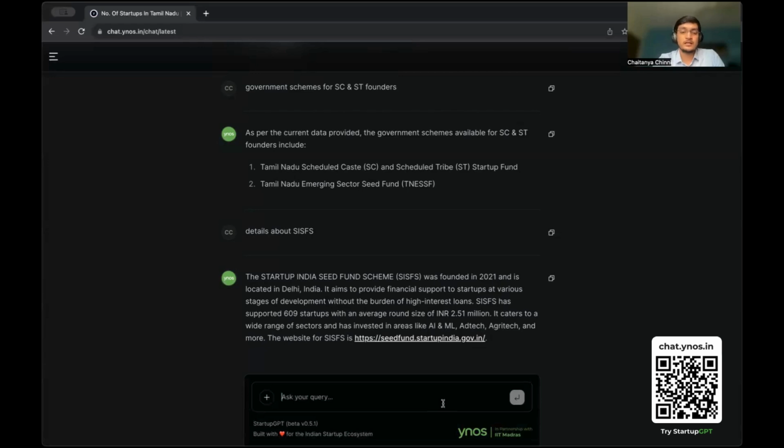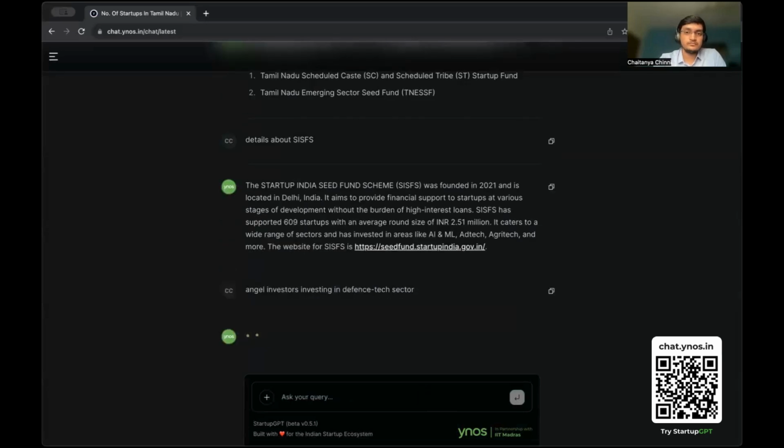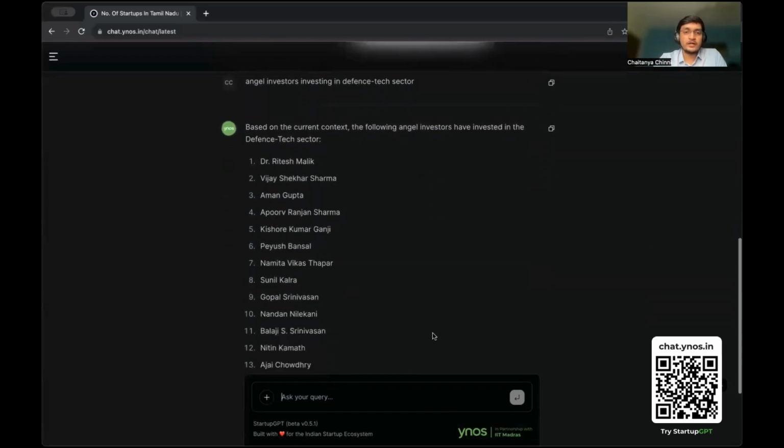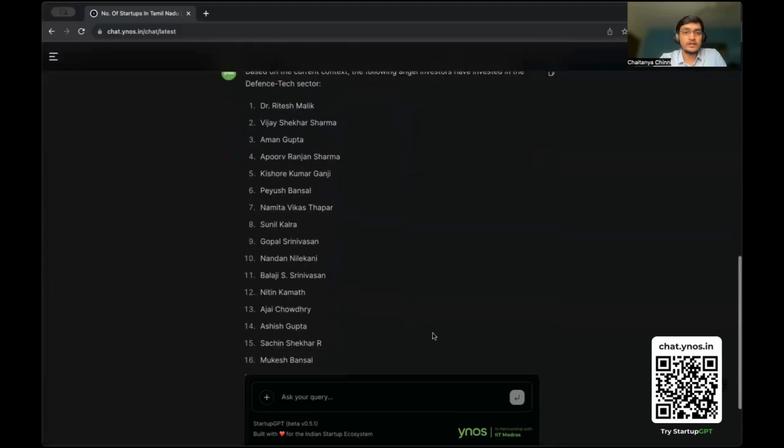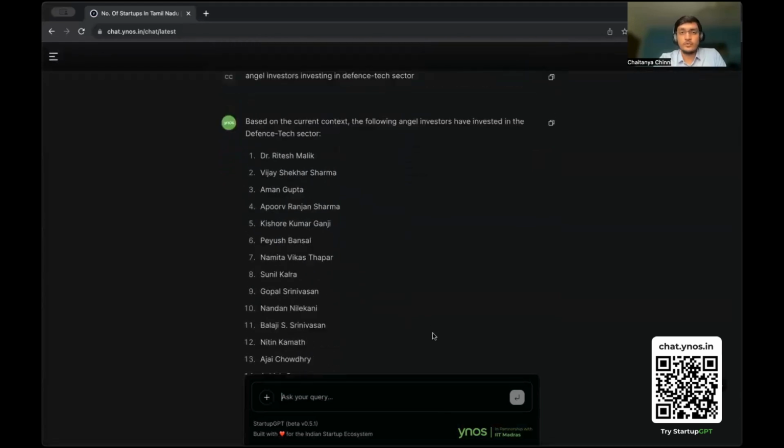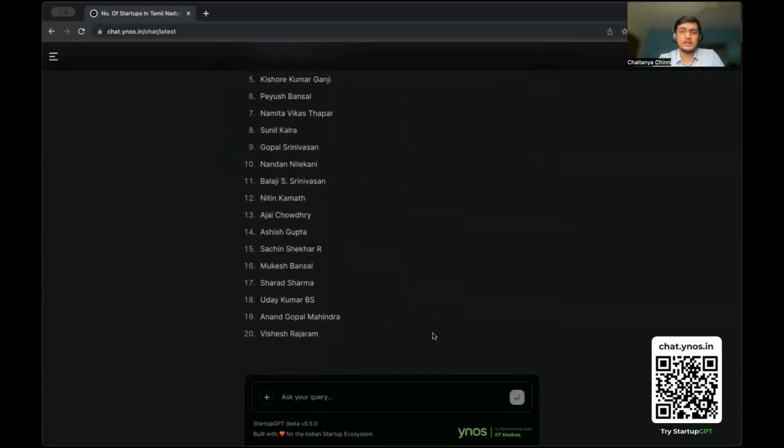For example, I'll say angel investors investing in defense tech sector. So it throws me a list immediately. It gave me a list of 20 angel investors, and I could research more upon them and try to approach them for further funding. It's a very good list.